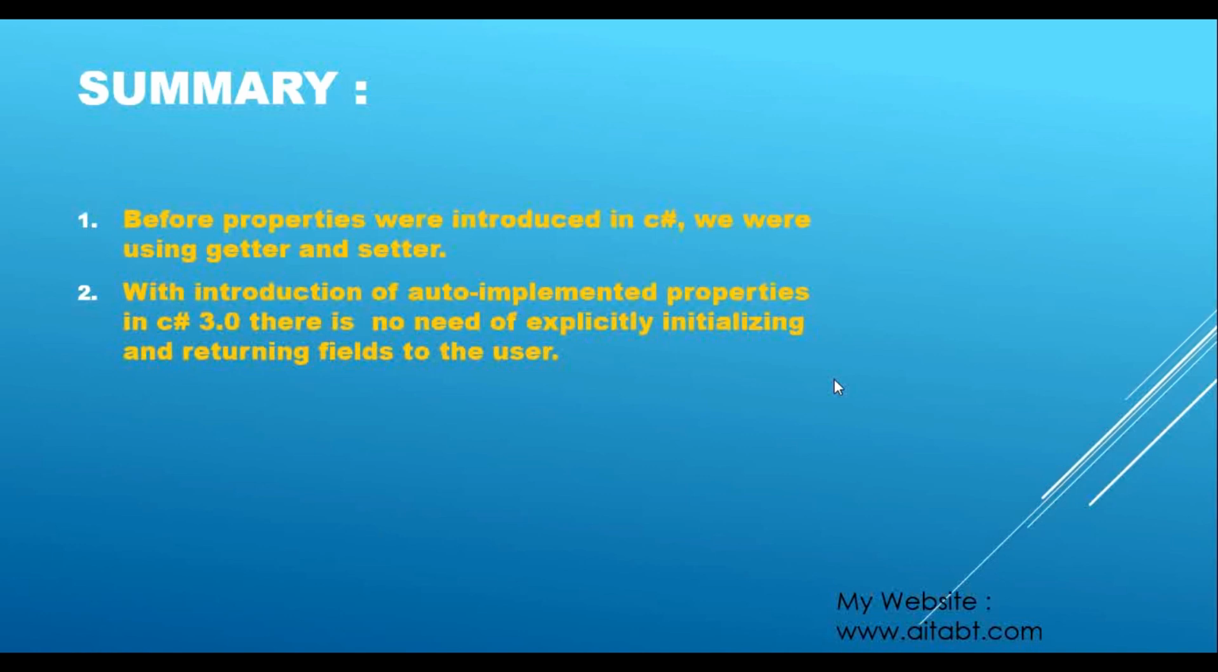Before properties were introduced in C#, we were using getter and setter methods. That we have seen before: even before properties came into existence, we could initialize our fields and return them using getter and setter. But instead of having so much code, we can use properties in C#, and that's what I have shown you. With the introduction of auto implemented properties in C# 3.0, there is no need to explicitly initialize and return fields to the user. If you really don't want to provide any validation inside your properties,